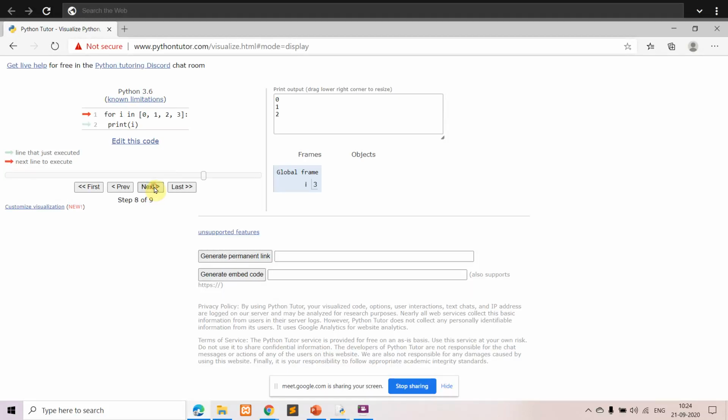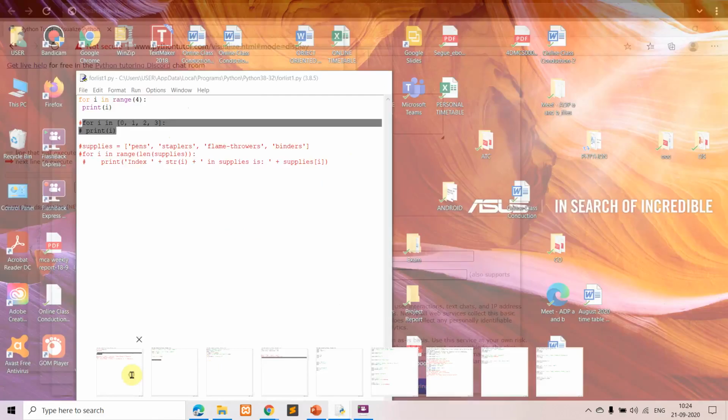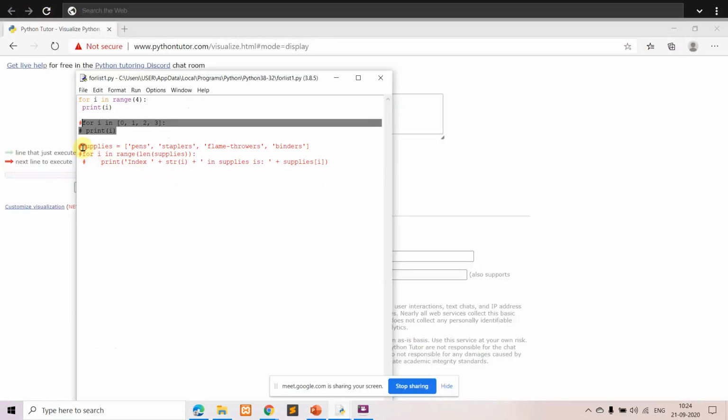Again i becomes 3, 3 is within the range, you're printing 3. Next i becomes 4, when i becomes 4 the condition is false, so you'll be printing 0, 1, 2, 3. So this example shows you how you can use the for loop in a list. Okay, we have one more example, we'll just check that out.